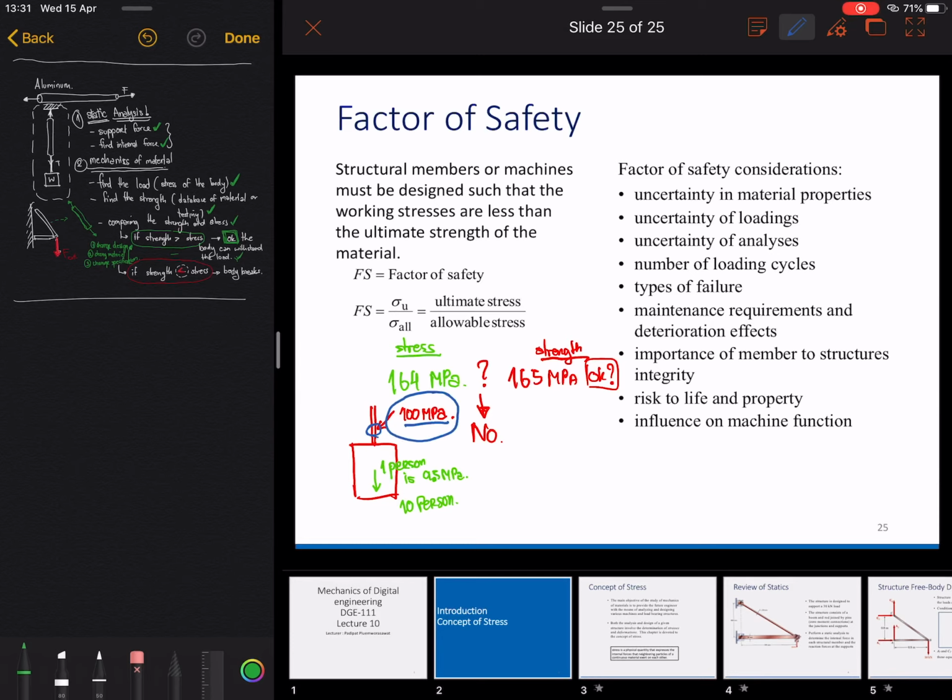So uncertainty of this strength, and the other side is uncertainty of the stress here. How do you know 10% is about 9.5 megapascal? Maybe all of them are really fast. For example, they are doing sumo, and sumo guys get into the lift, 5 people, and maybe the stress is already 150 megapascal. Yeah, so you cannot do it like that. So maybe I just do it quickly. Safety